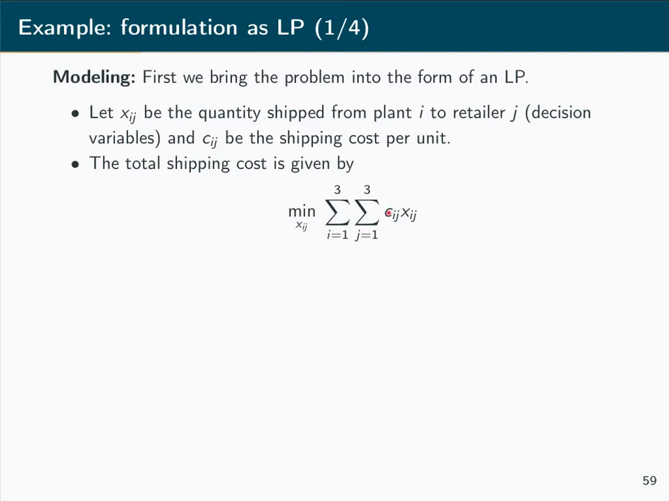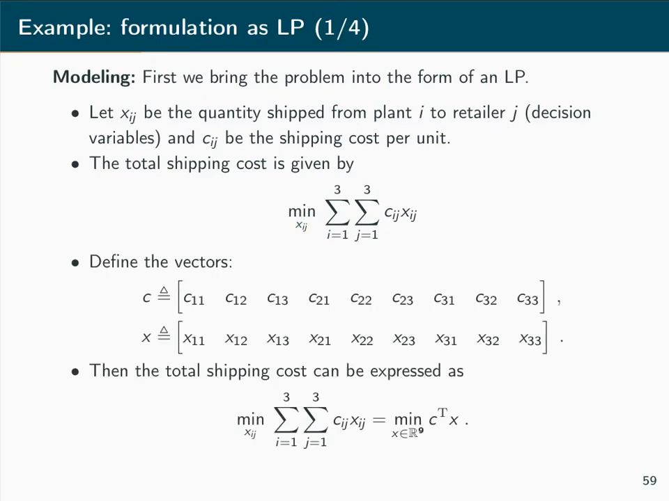over the sum over all retailers from j equal 1 to 3 of the specific shipping costs times the shipping quantities. And this total shipping cost is minimized with respect to our decision variables x_ij. Now, by defining the cost vector c as the collection over all 9 specific shipping costs and the decision vector x as the collection over all 9 shipping quantities, we can express the total shipping cost by this type of